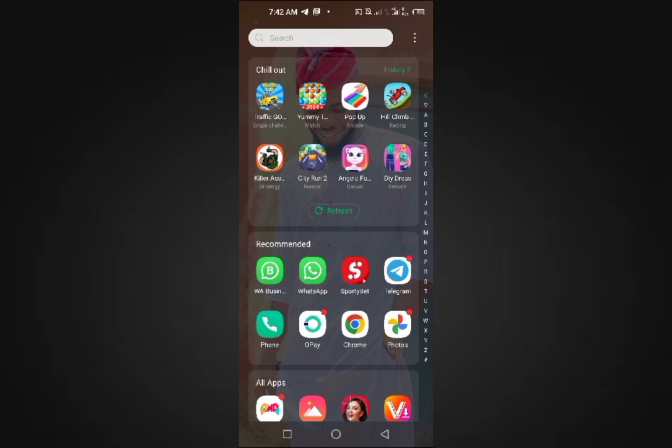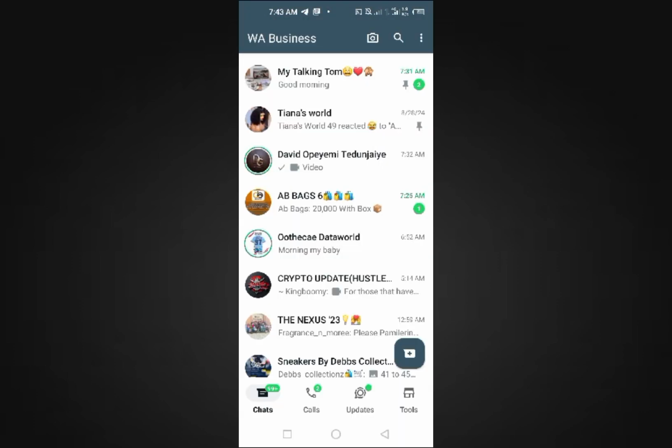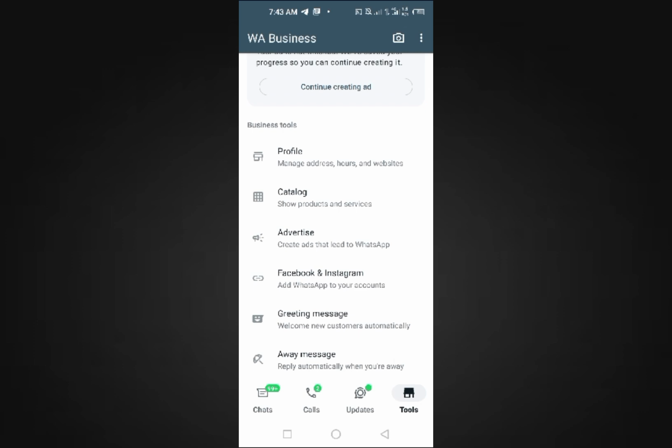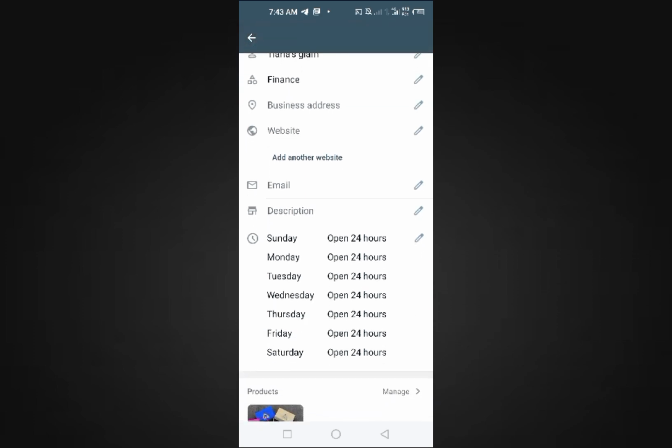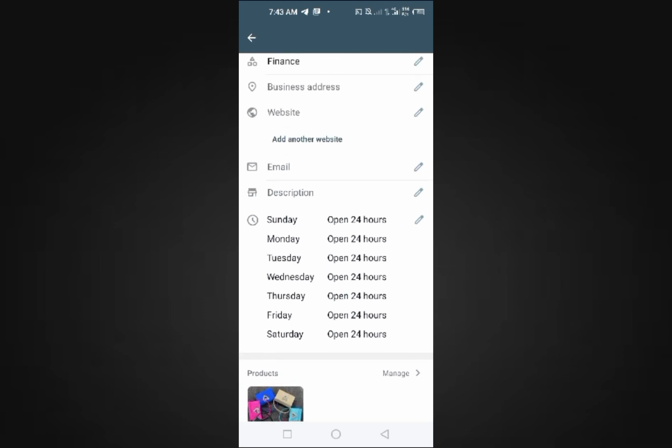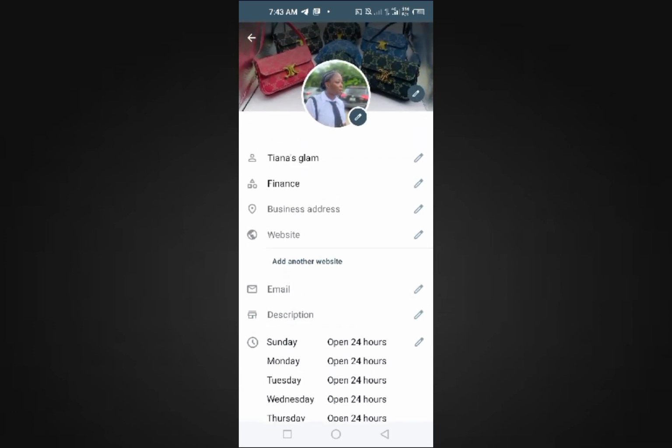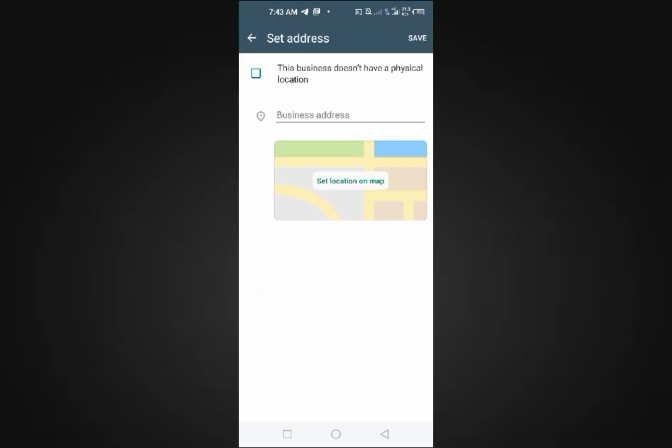Let's dive in, guys. Step 1, click on the WhatsApp app, click on tools and click on profile. First is your brand name, your finance, your business address, your website, your email, your description, your working hours. So here, your business address,